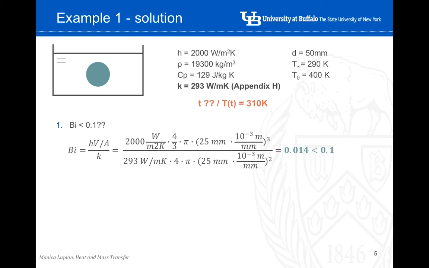The convective heat transfer coefficient is 2000 watts per square meter Kelvin. The volume is 4 over 3 pi times the radius cubed, over the area of a sphere. The thermal conductivity is 293. We know all that we need here. Making the calculations, the Biot number is equal to 0.014, which is obviously lower than 0.1. That means that we can consider the system as a lumped system,